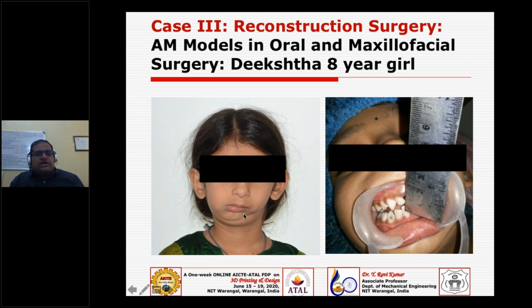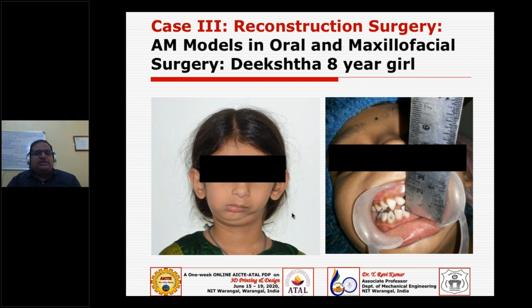For that I have already given an introduction to distraction osteogenesis. They may use a screw kind of device and fix it, and the patient can rotate that screw. Then you can do that calculation on the biomodel which you have generated or collected from the patient, such as vector calculations, and come out with some conclusion. How much bone should be stretched, right? And then how to stretch it?